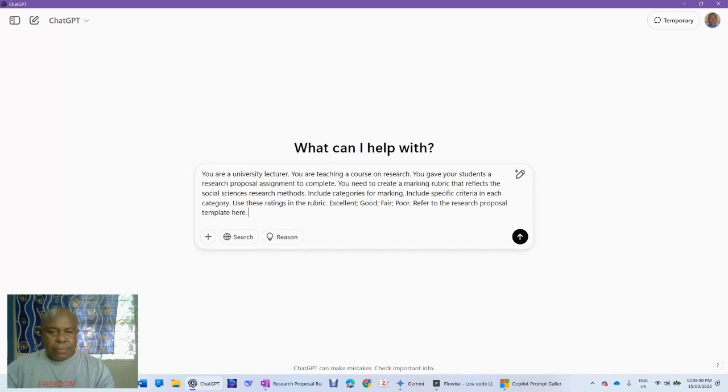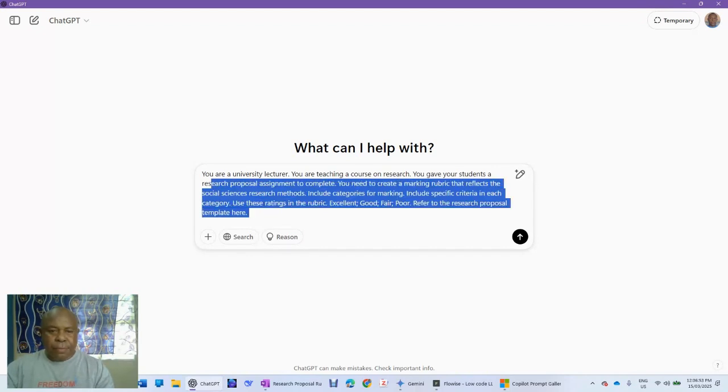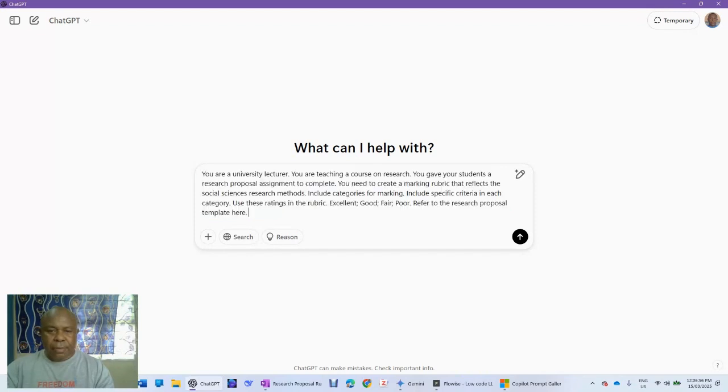Okay, so after opening the AI tool, you need to type the prompt, which I've already done, and then you need to give a persona or a role. So you ask the AI to act as somebody, so the AI will play that role like a teacher. So if you're teaching in primary school, you can instruct the AI to act as a primary school teacher. So the AI will use that persona to generate the right type of